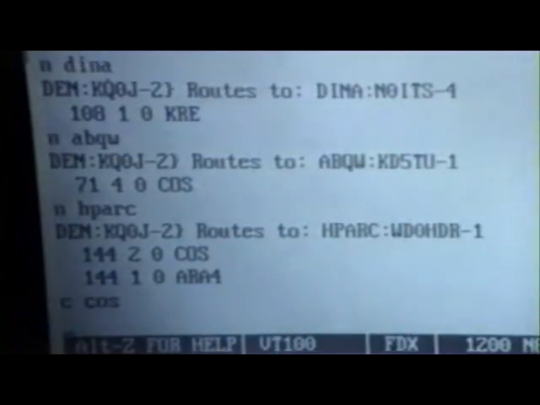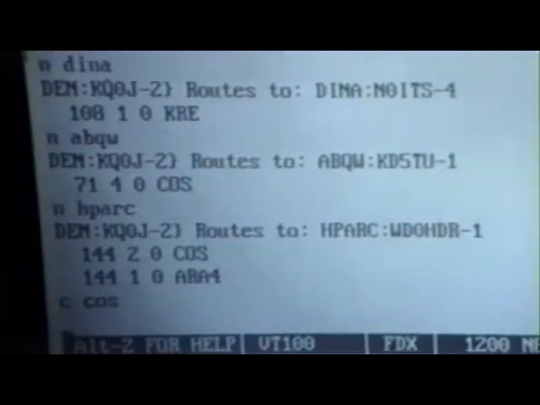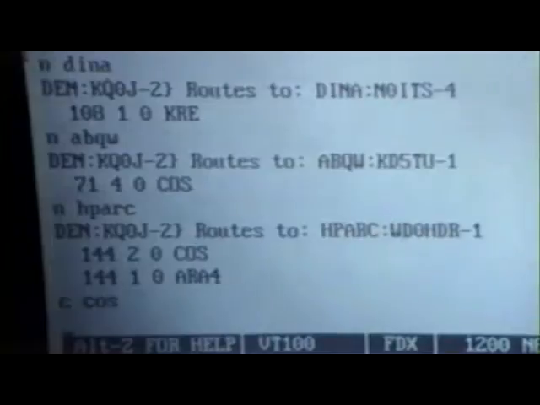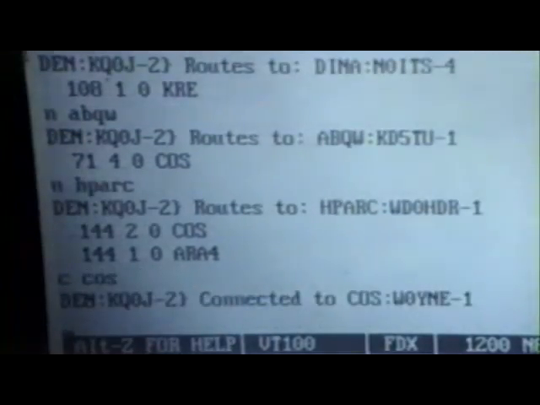What I'm doing in this case now is I'm going to go to COS and ask it how it does it, so that I know how he tries to do it, and later on I can tell him to do it. In other words, when I try to connect to Wells,